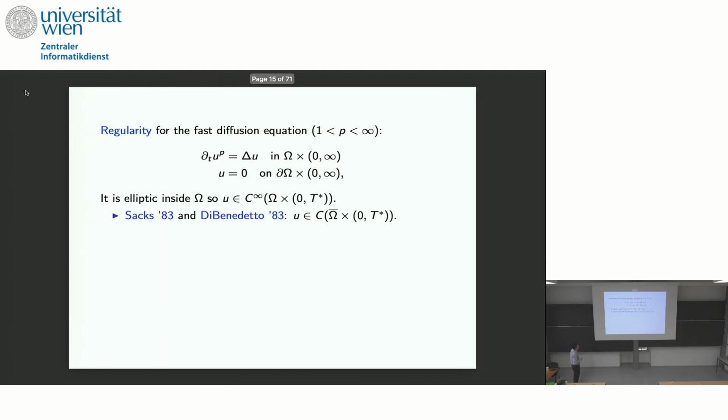In 1983, DiBenedetto showed the continuity up to the boundary. A few years later, Chen and DiBenedetto showed the Hölder continuity up to the boundary. The difference is that in 1983 they used the parabolic scaling, and in 1988 they used the intrinsic scaling. So we obtain the Hölder